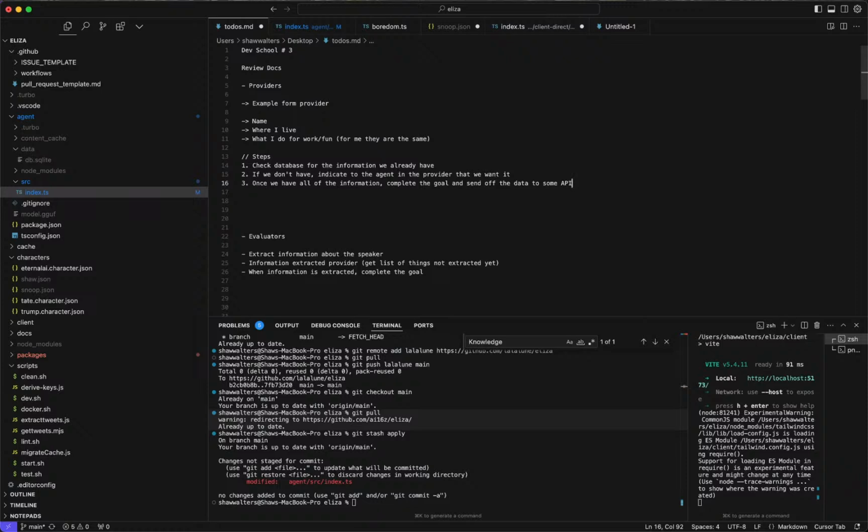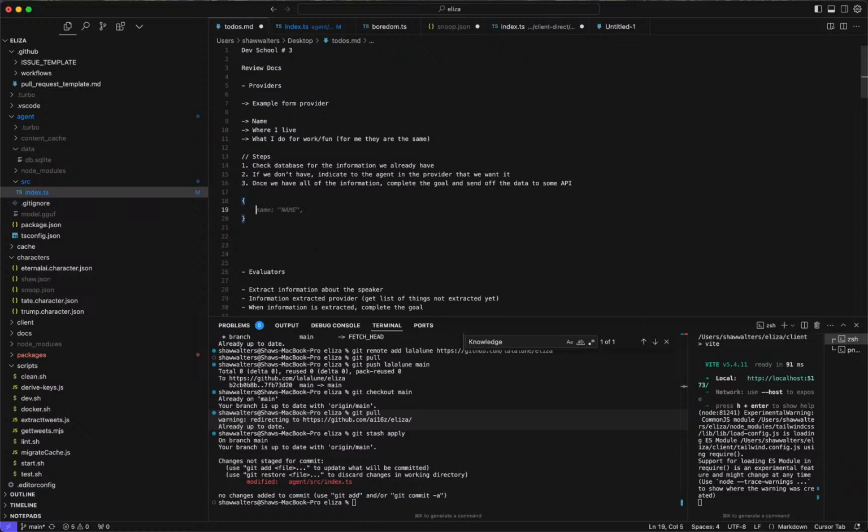It could be a form. But, oh, you want to buy a car? Well, what kind of car do you want to buy? What's your price range? And then go and send that information as structured data off. And the output of that will eventually be something like